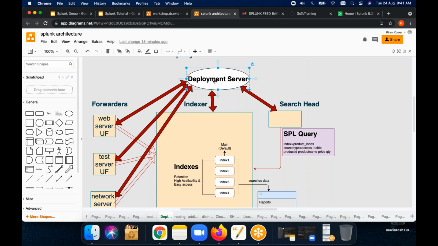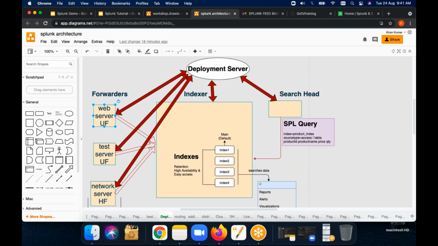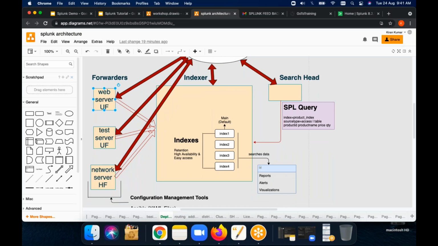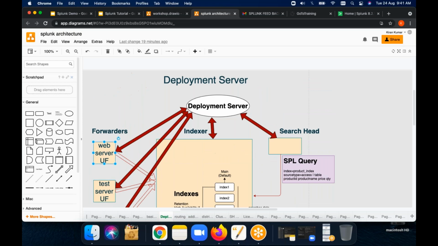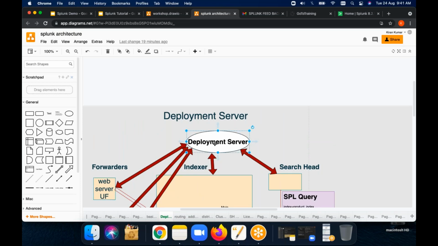Why? Because, as I have told you, if an e-commerce giant like Amazon is there, hundreds, thousands of servers will be there. So how can they manage that? A person can't sit and do it, and even if you use configuration management tools, you cannot do it manually from here. So by using a deployment server, everything comes under the control of the deployment server.